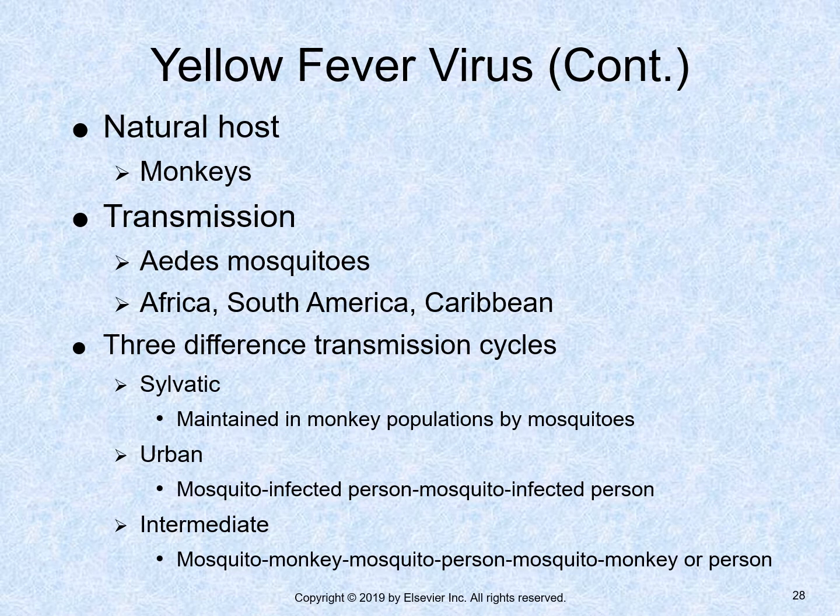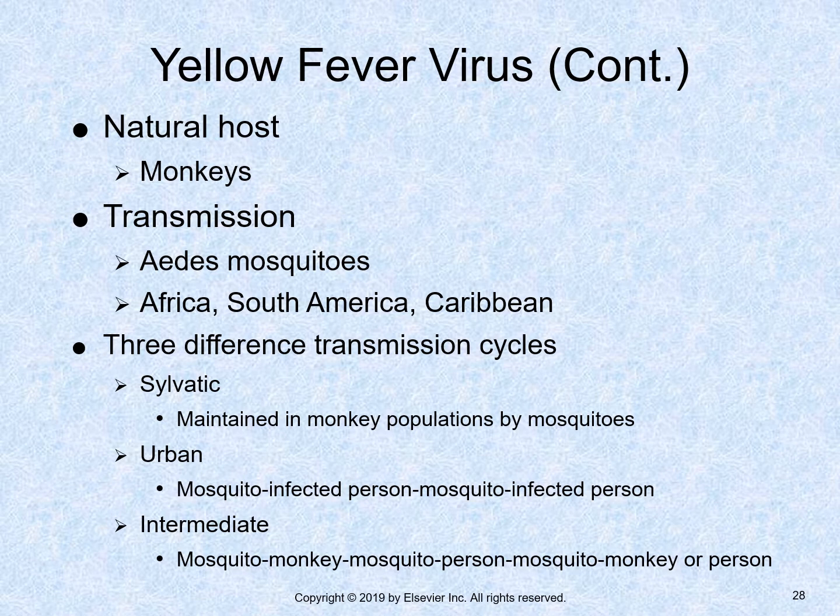There are 3 different transmission cycles for yellow fever virus. They are sylvatic, urban, and intermediate cycles. In the sylvatic cycle, yellow fever virus is maintained in monkey populations and transmitted by mosquitoes. Monkeys become viremic to pass the virus to mosquitoes as they feed on the monkeys, thus keeping the transmission cycle active. Humans are not the usual hosts when they occur in the jungle areas in which the sylvatic cycle exists.